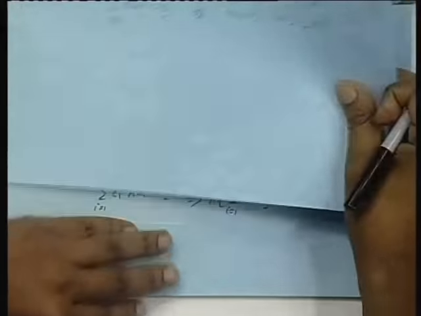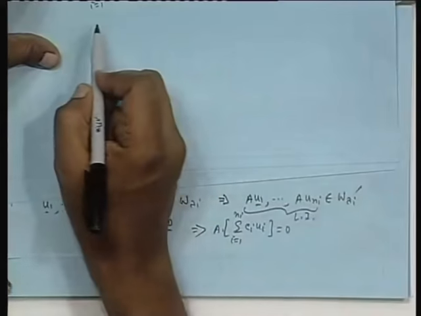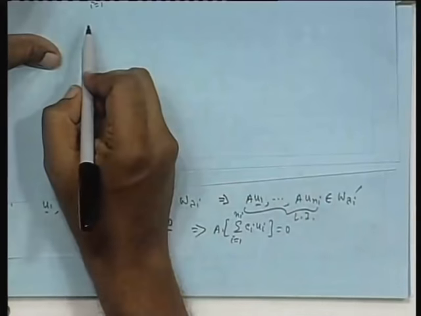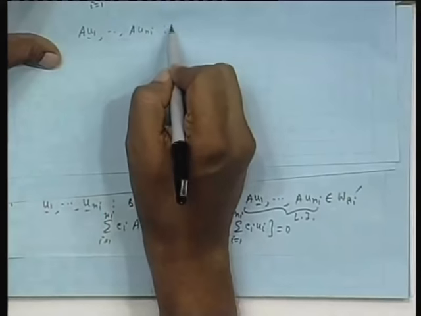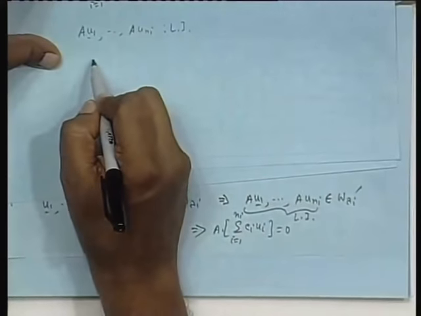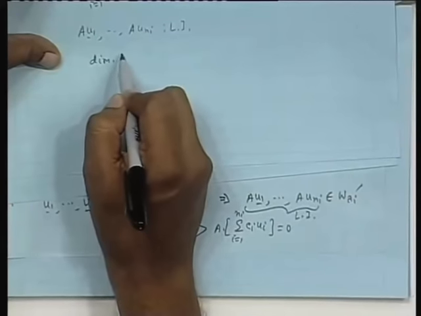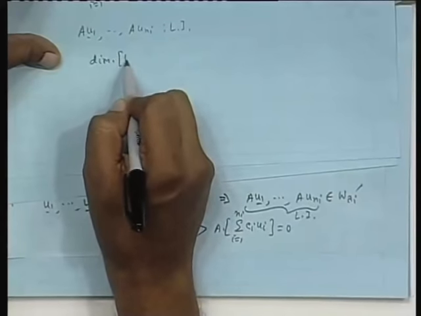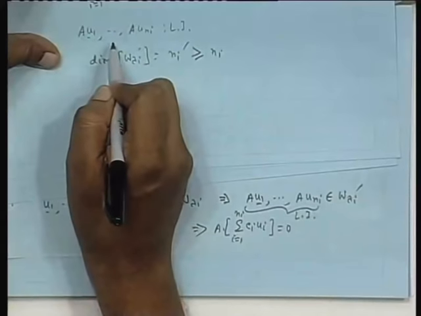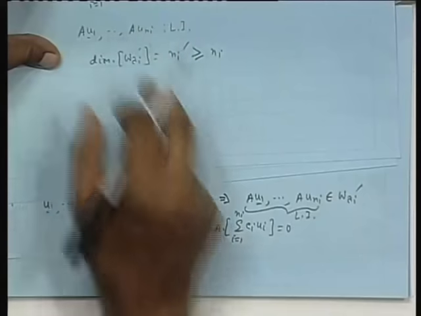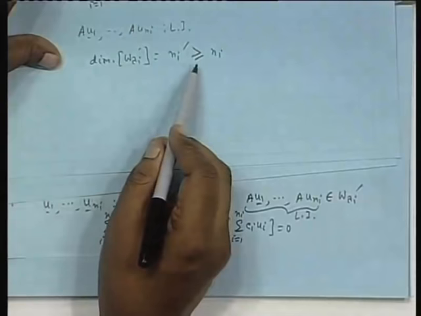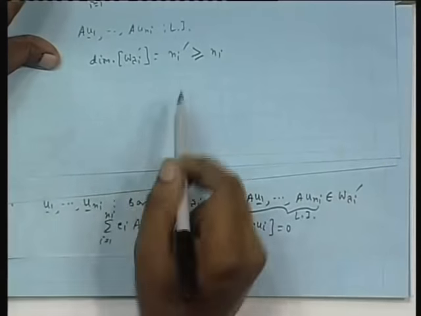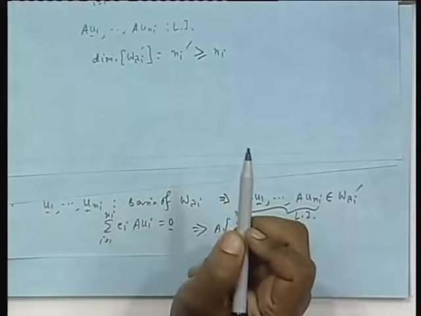That is, A u1 dot dot dot A u n I are linearly independent. That means the dimension of W lambda I prime, which is actually n I prime, is greater than or equal to n I. The total number of elements here is n I. They are linearly independent, contained in this. So the dimension of this cannot be less than n I. So it can be greater than or equal to n I. But we will show that actually it is equal to. If not,